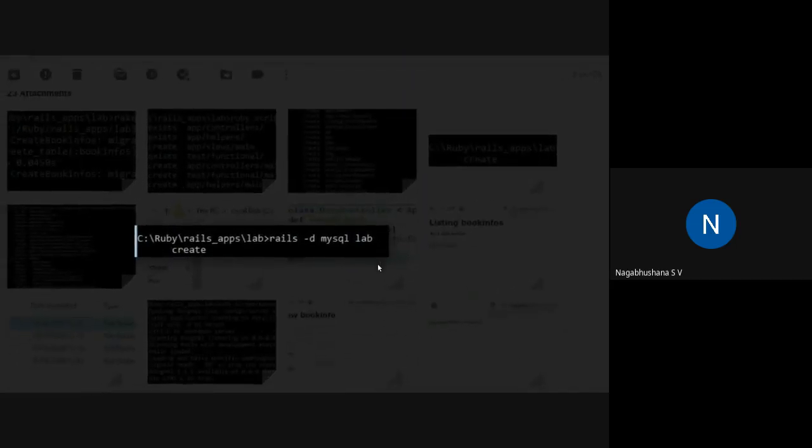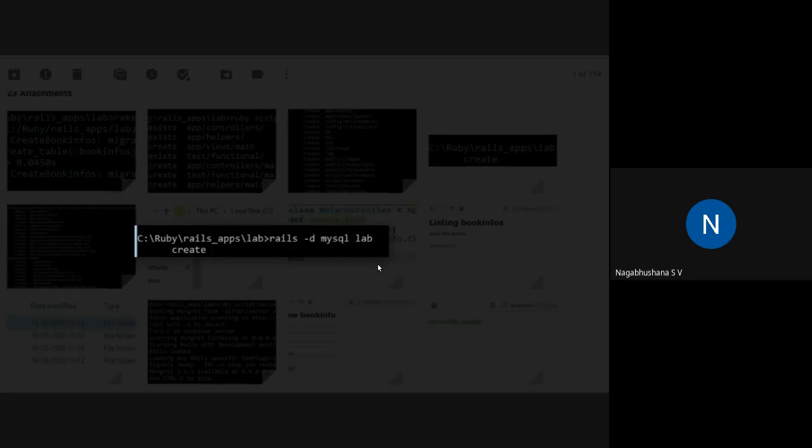Okay, R2. Now I'm using MySQL. If I'm using MySQL, I'm telling explicitly that I'm using a MySQL database for the Rails application. To tell that explicitly, we use an option called D. My database name will also be lab.